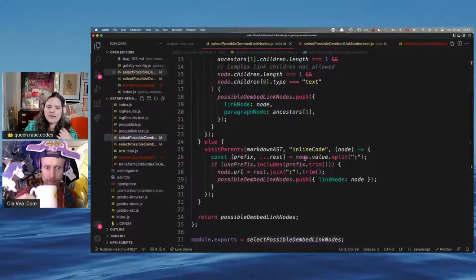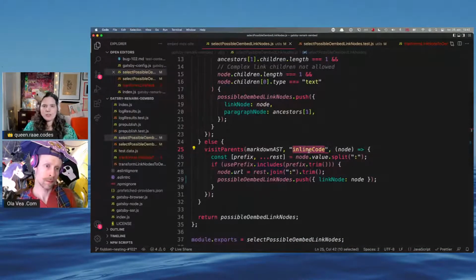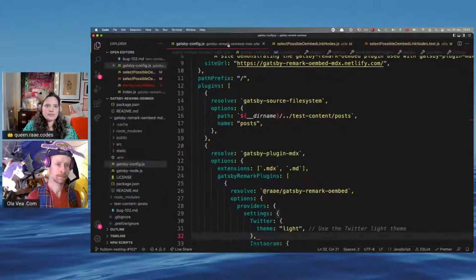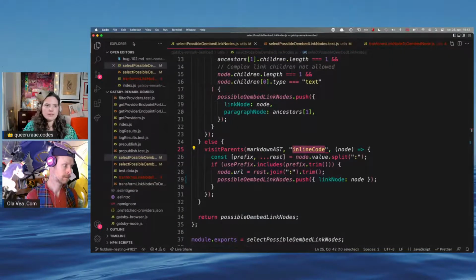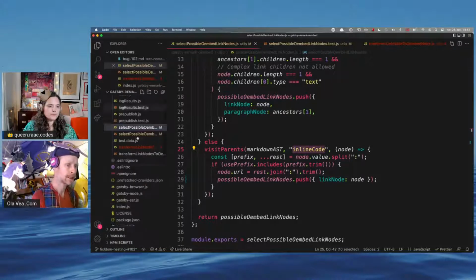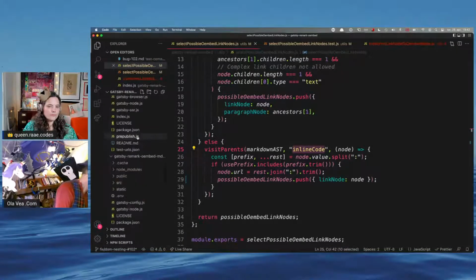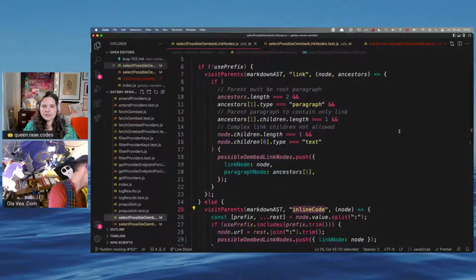and then we also have inline code where you are much more specific and where you want to have your link. So I'm just going to skip over the inline code.